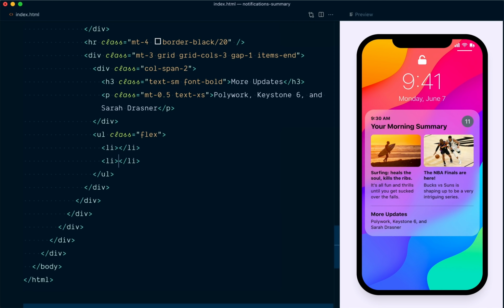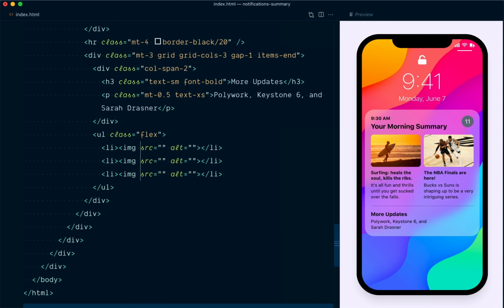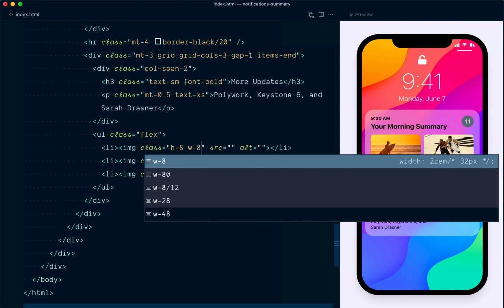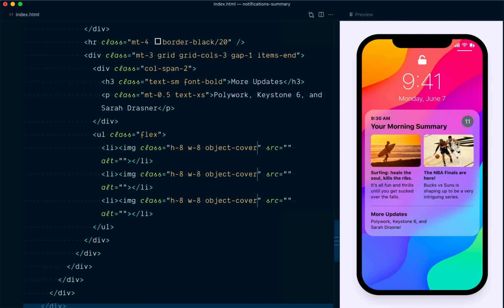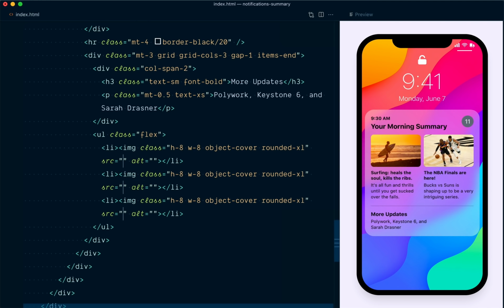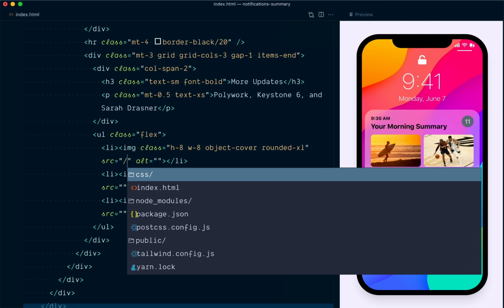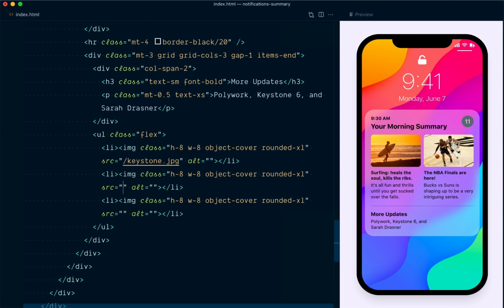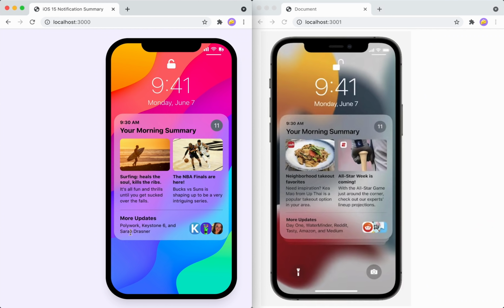We're going to have 3 list items, and each of these is going to have an image tag, and we'll add also classes to these 3 images. So width and height of 8, object-cover to crop them properly, and rounded-xl. I will leave the alt tag empty here. And so the first image is going to be keystone.jpg. The second is going to be polywork.jpg and Sarah Drasner.jpg. All right, so you can see that they align at the bottom of our grid container like we wanted,